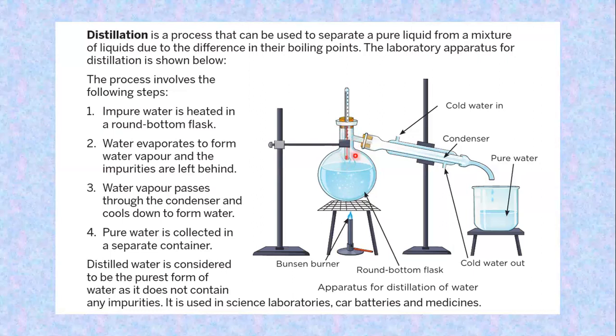What happens is whatever vapors are formed, they are now forced to go through this path. There is no other way the vapors can go. They are forced to go through this path, and this is a double-walled tubing. The inner tube and around it, one on top of the other, something like concentric. Two tubes, one inside the other. So the inner tube, the vapors are passing through, and the outer tube you have cold water going in.